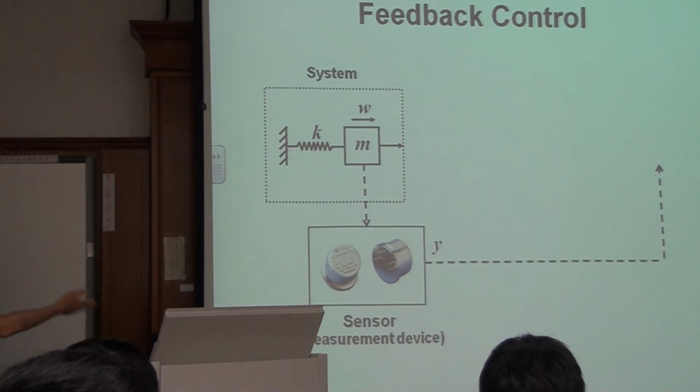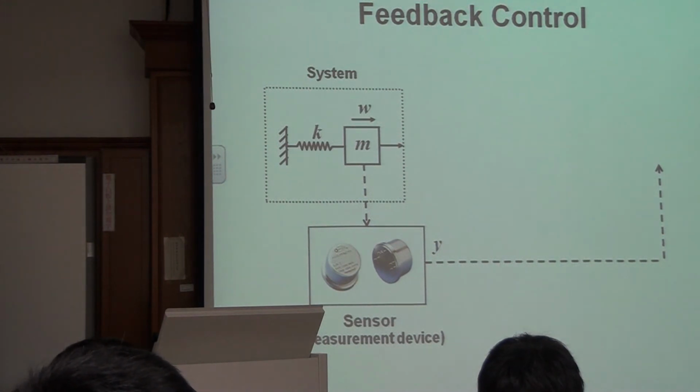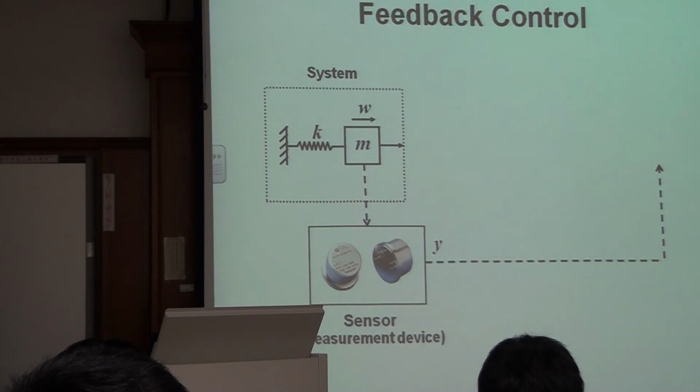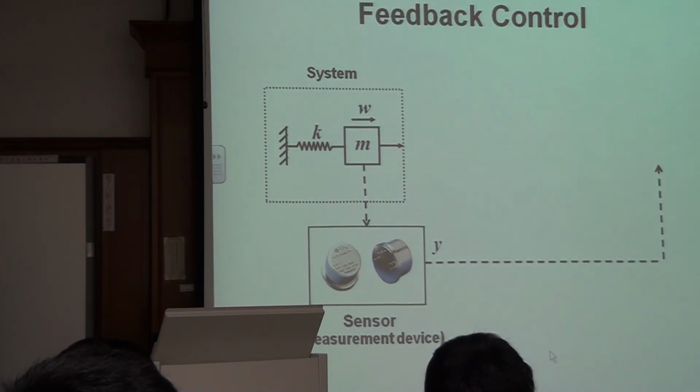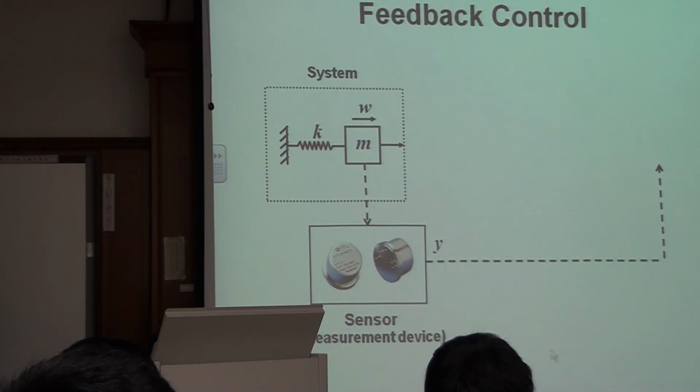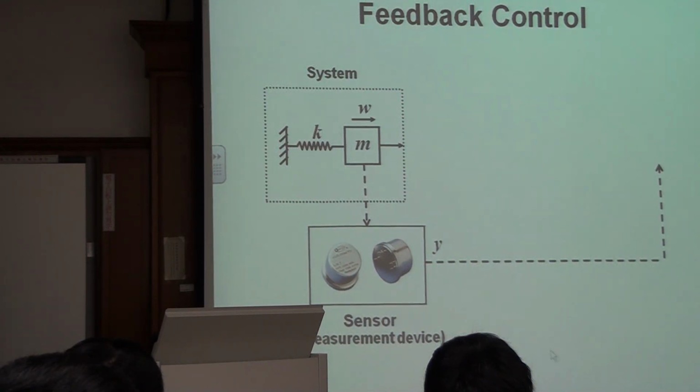If I put a sensor there, it likely gives you volts or amps, right? If you use an electrical device, of course it gives you volts and amps. However, you can convert it. Say 1 volt is equivalent to